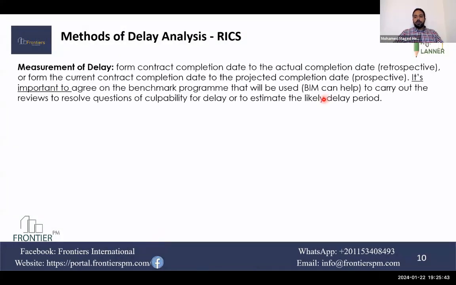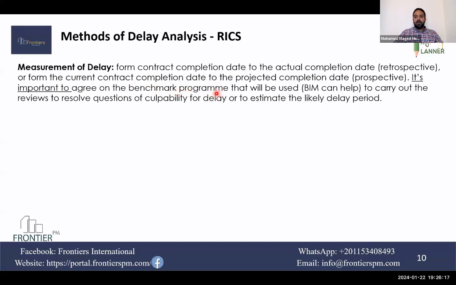The measurement of delay, it's important here to refer to the contract and the contractual completion date. Either you are doing it retrospective from the actual completion date and checking the entitlement, or prospective to forecast and determine the projected completion date and the entitlement. It's important to agree on a benchmark program.